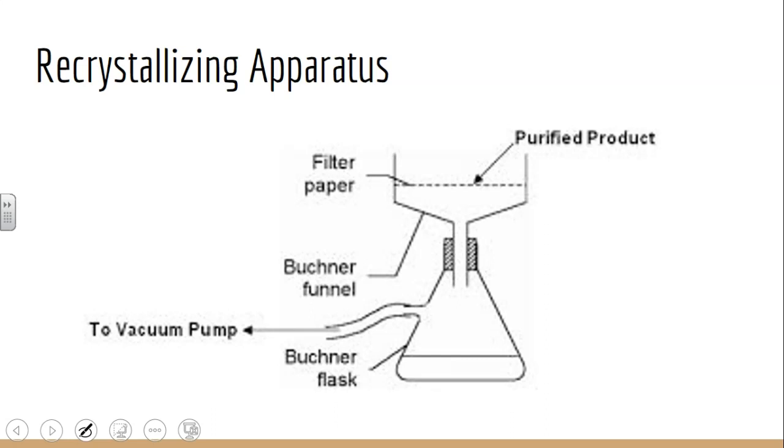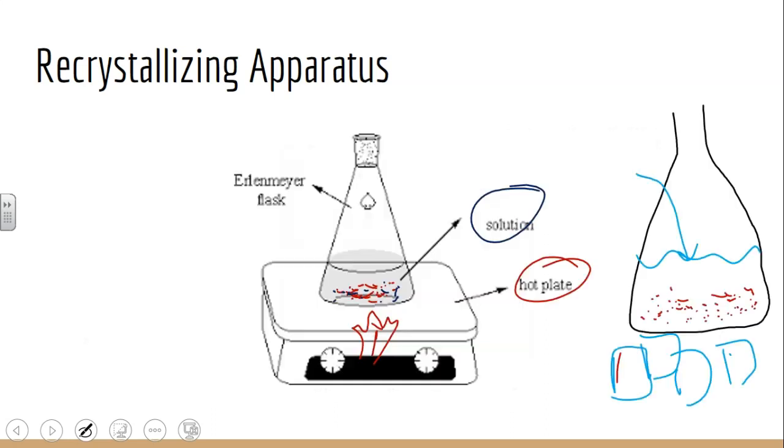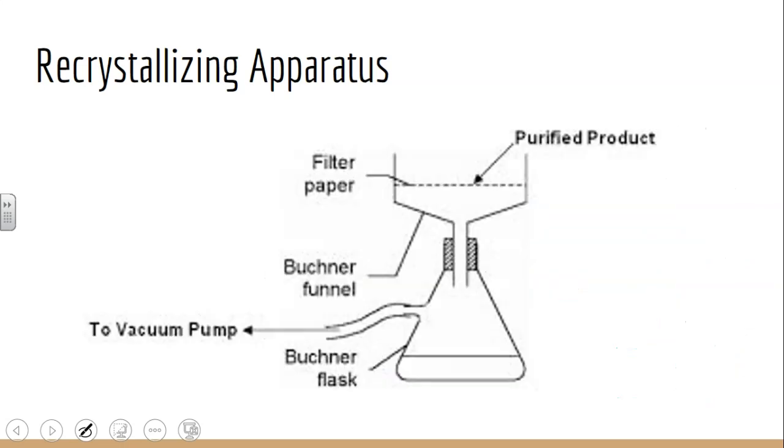Okay, the other thing you do is you want to filter this, because if we go back, you have the solid, but you also have the liquid in there, so you need to separate the two. Well, the way to separate a solid from a liquid is by filtering. You use a filtering apparatus. So this is a vacuum filtering apparatus. You can see we have a vacuum pump. So what you're going to do is take the liquid that we had in your